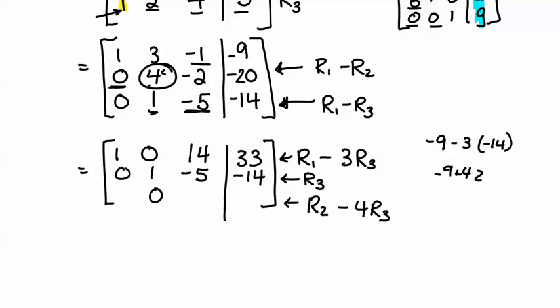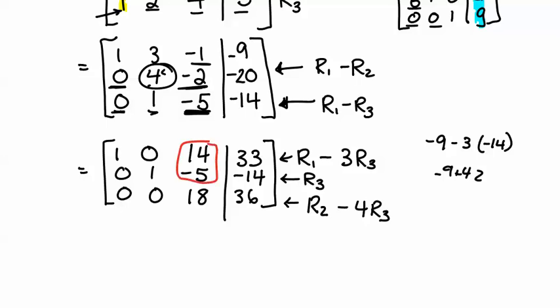And then row 2, so 0 minus 4 times 0 is still going to be 0. Row 2, so negative 2 minus 4 times negative 5 will be 18. Because that'll be like negative 2 plus 20. Then negative 20 minus 4 times negative 14 will be 36. So it's getting a little confusing, but we're getting there. Whew. Okay, so next step,